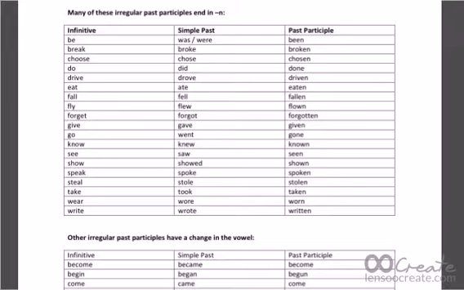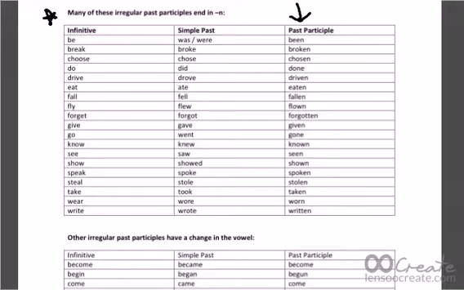Now, in this chart, as you can see, we're displaying the most common irregular verbs that I want you to memorize for present perfect. There are two big groups. The first group is those types of past participles which end in N, like been,